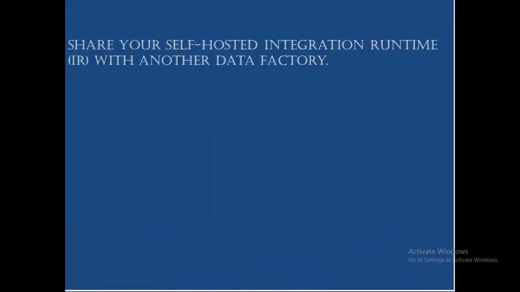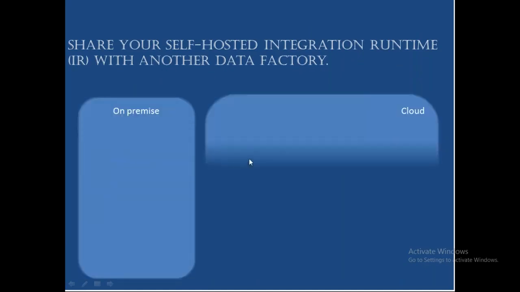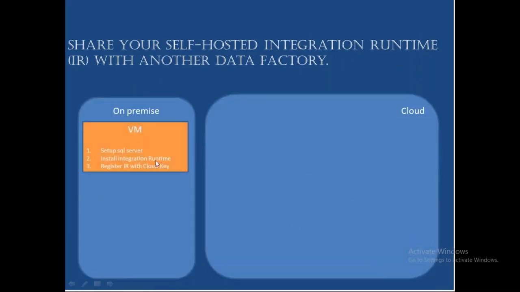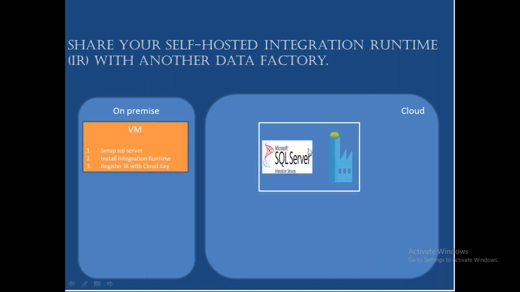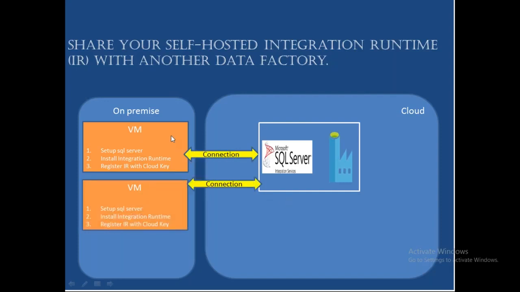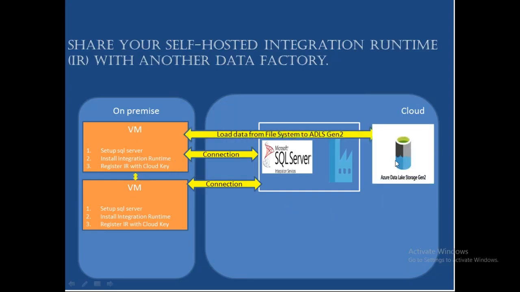Clear? Next. Share your self-hosted integration runtime IR with another data factory. For example, you have an on-premise and you have a cloud. In on-premise you have a VM, and you have a data factory. You will connect to this VM. In the same way, you have another VM, and you will connect to this VM as well. Now these two VMs will be in communication. You will have a Data Lake Storage Gen 2. Let's imagine this is all the US data. You will load it into this. By using this particular data factory, which is the US data factory, we are copying the US data into this Data Lake Storage Gen 2. Now let's imagine,